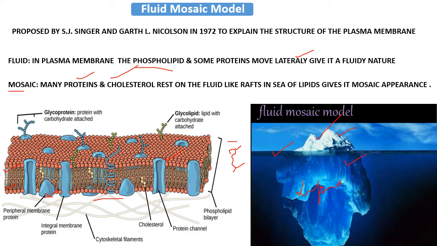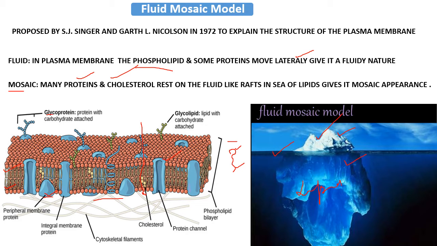This combination in the plasma membrane doesn't allow the entry of polar molecules inside the cell. So how can these polar molecules which are required by the cell get entry into the cell? They get entry with the help of proteins which form channels and some proteins which act as carriers or transporters that allow molecules to enter or leave the cell. We have some other molecules present in the cell membrane.